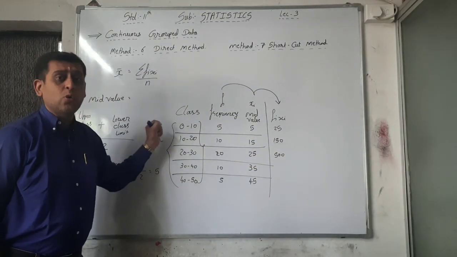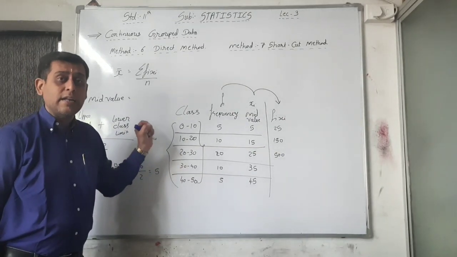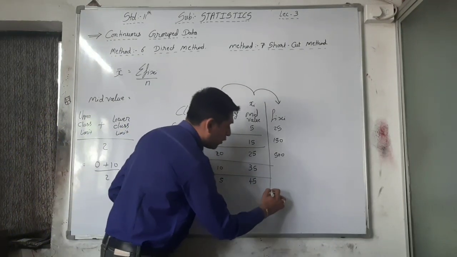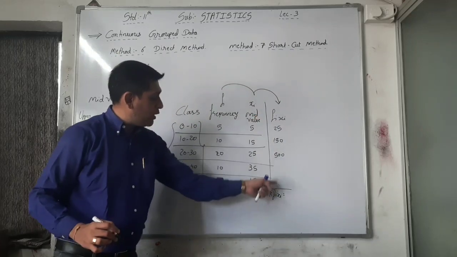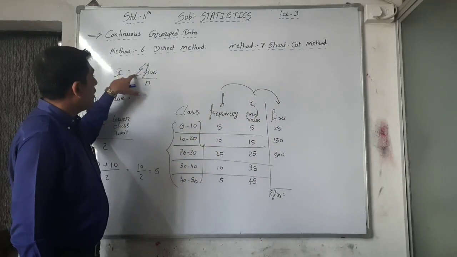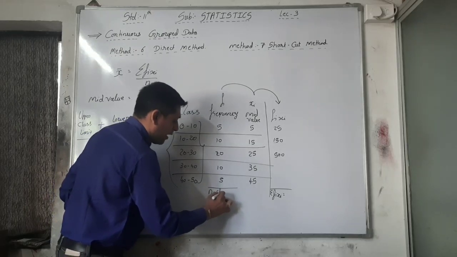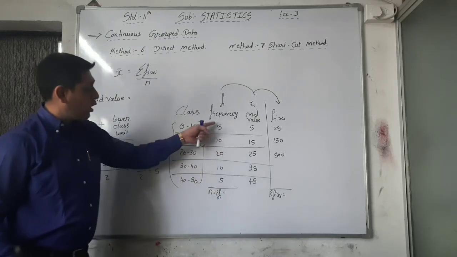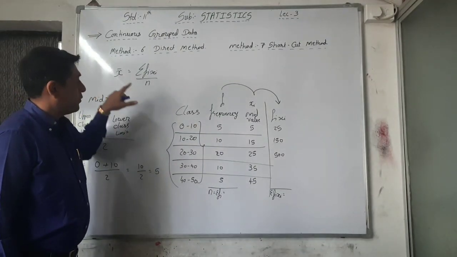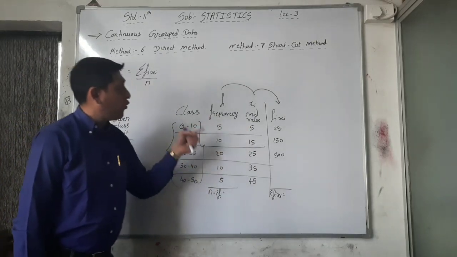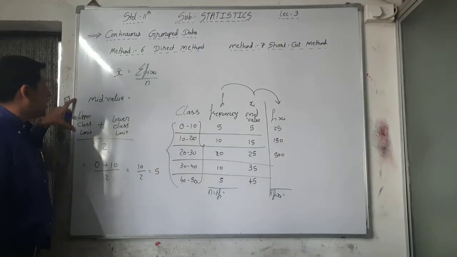I am explaining how you calculate the mean of continuous group data, that is x bar. The total of these is fi xi. You take the total as sigma fi xi, and n is equal to sigma fi, the total of these. Then you get x bar. You have to multiply these, but for that you have to find the mid value, and the formula for mid value is